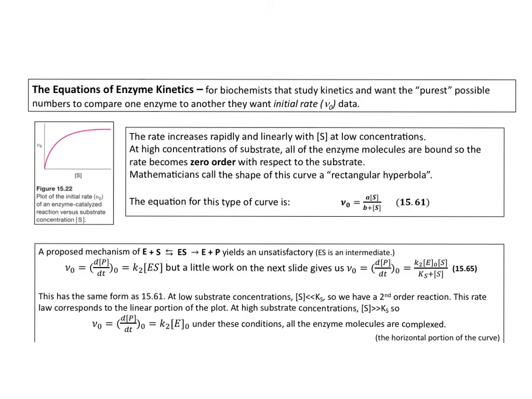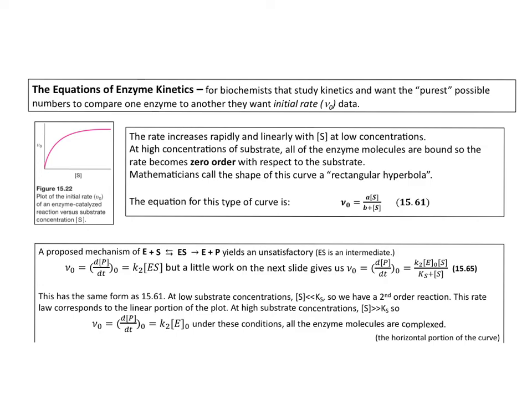All right. So now we're going to go in a direction that gets us to attach equations to match this mechanism. So the equations of enzyme kinetics. For biochemists who study kinetics and want the purest possible numbers to compare one enzyme to another, they want initial rate data. As you recall, when reactants come together and start making products, products can literally get in the way, and intermediates can exist that take away from the purest possible information about data. So what biochemists want to do is get initial rate data